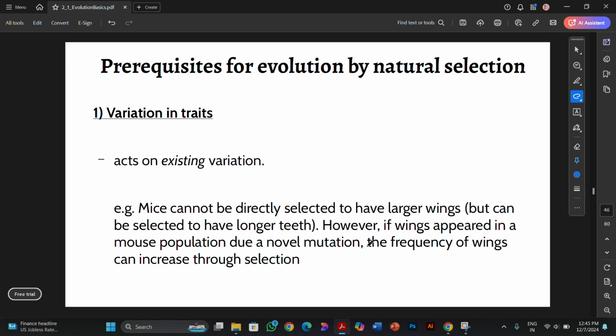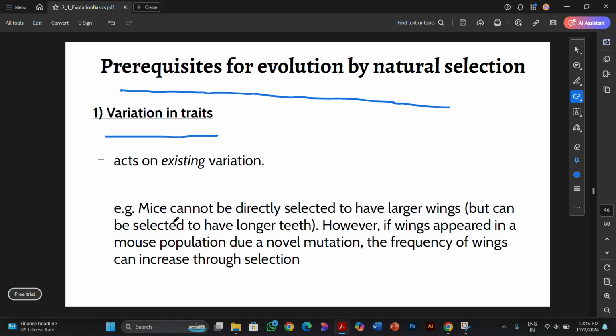Now there are prerequisites of evolution by natural selection. The first one is variation in traits. Selection acts on the existing variation. Like mice cannot be directly selected to have larger wings, but can be selected to have longer teeth. But if suddenly a mutation happens and the population gets wings, then it has a chance to increase through natural selection, because wings are favored in